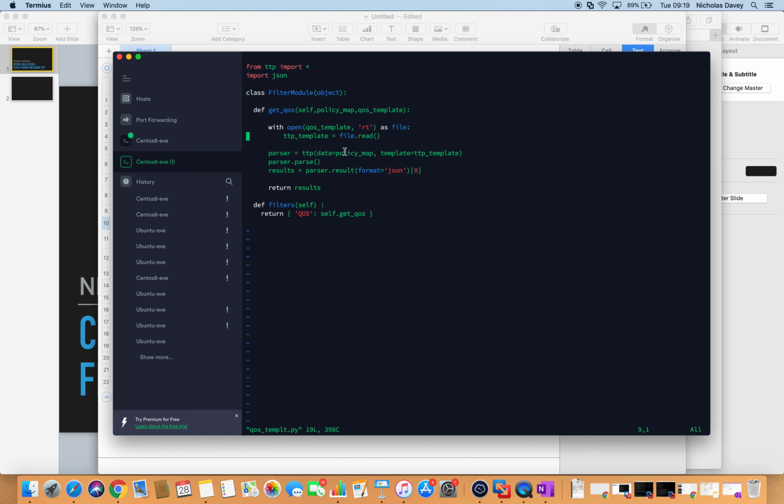So in order to do that with the TTP module, I set data to the policy map that I passed into this method, and templates to the ttp_template, the file I just opened, and parse the data. And then I set the variable results and I format it in JSON, and then I return